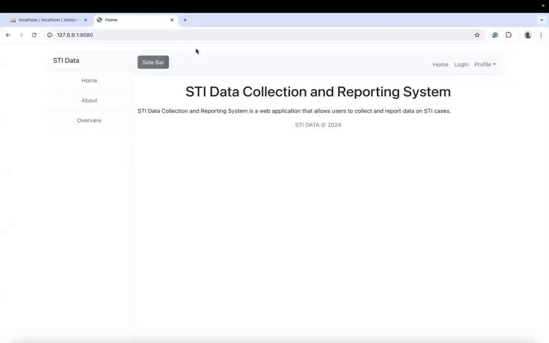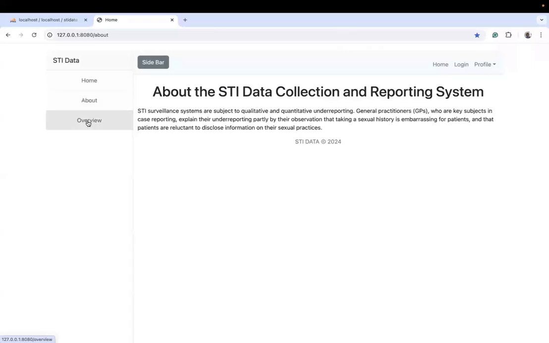So we have this. This is the index page that was created, and the index page uses JavaScript. We don't need to know all of this. This is just for us to be able to work with the information. We have account settings, logout. From it, when we need to log out, we have home, about, so we can see the about page, overview